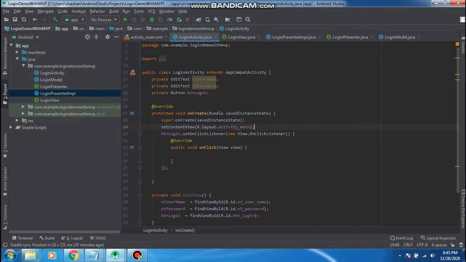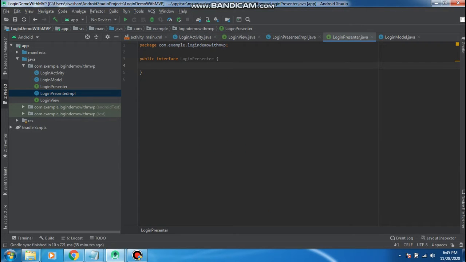First, you declare the essential methods in the login presenter interface. This onCreate method helps to declare the presenter and view model instance. I will show you while creating.